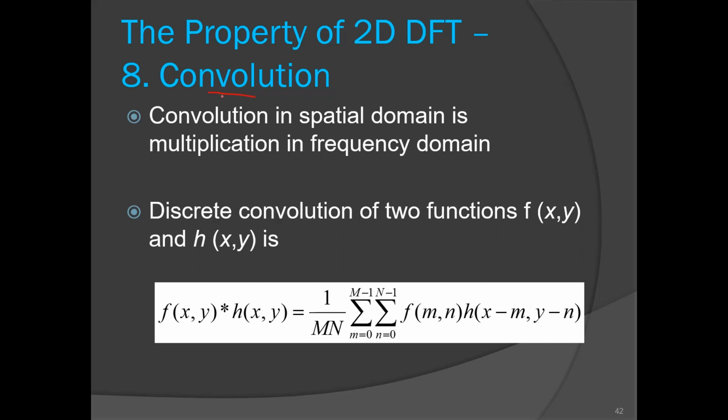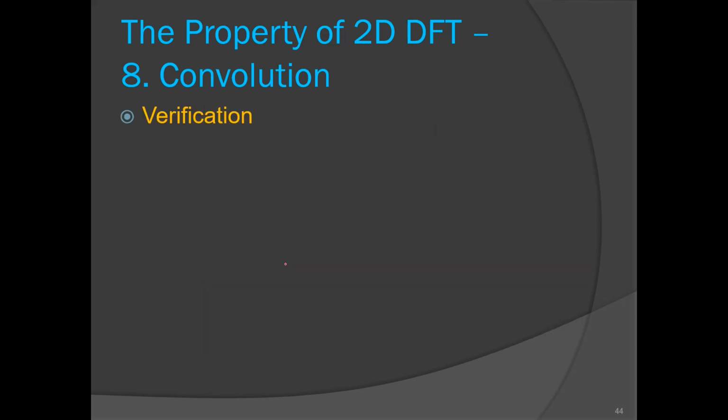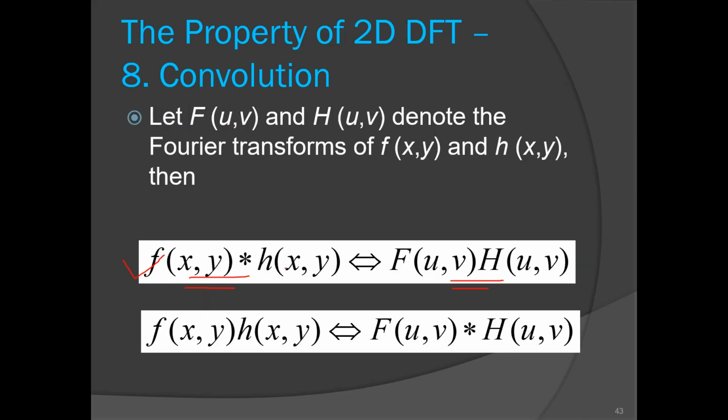The next one is the convolution property. In the spatial domain we have seen the convolution operation, where we convolve a mask over the image and do the sum of products. So in the frequency domain, what is the meaning of convolution? Convolution is represented by this symbol, and this is the equation of the convolution. Actually, convolution in the spatial domain is equivalent to multiplication in the frequency domain. And what about correlation?